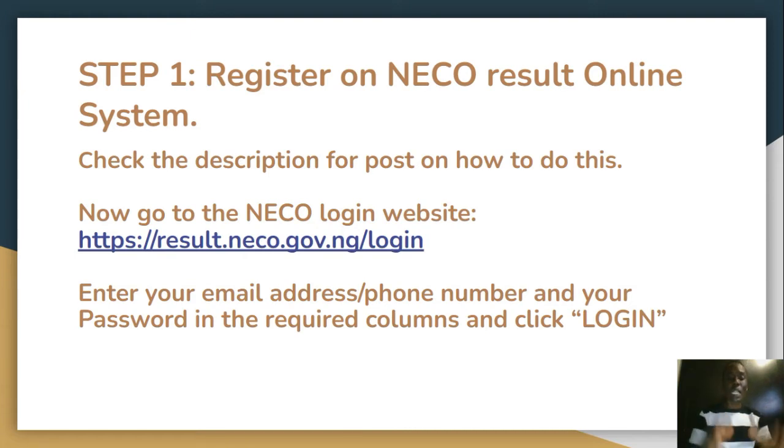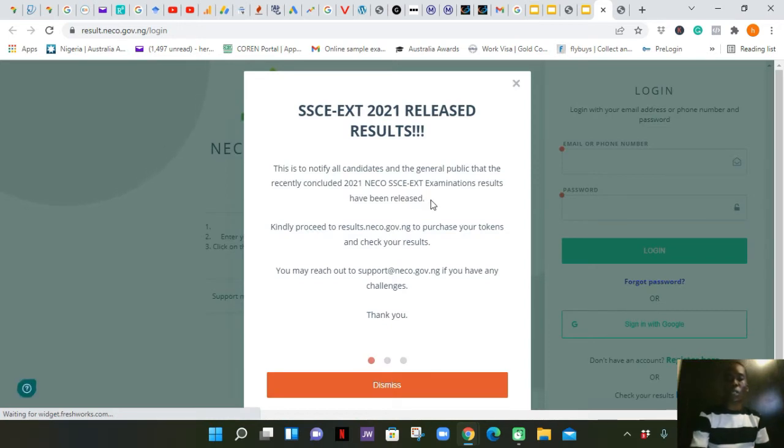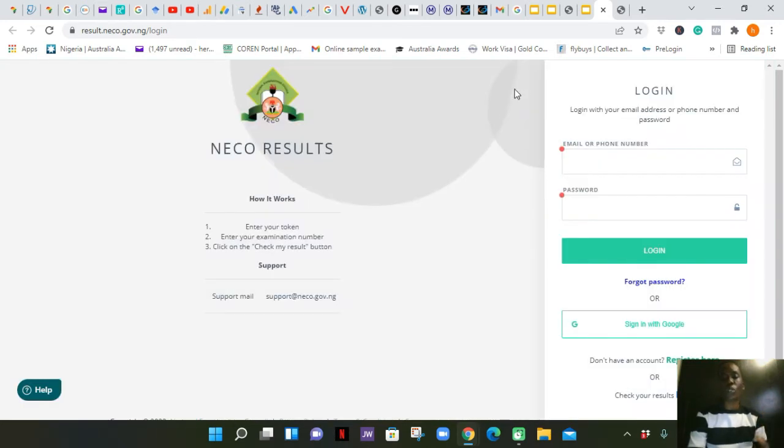Once you have done that, the next thing you need to do is go straight to the NECO website, the one that has to do with login. Once you click on this website, it will take you to this NECO page. You can find out that NECO announced on the 28th of February 2022 that the result has been released. Now, to check your result, all you need to do to buy the token